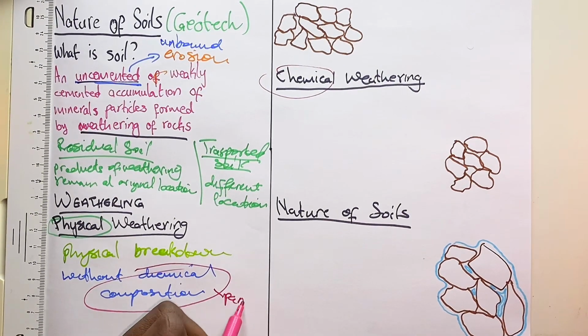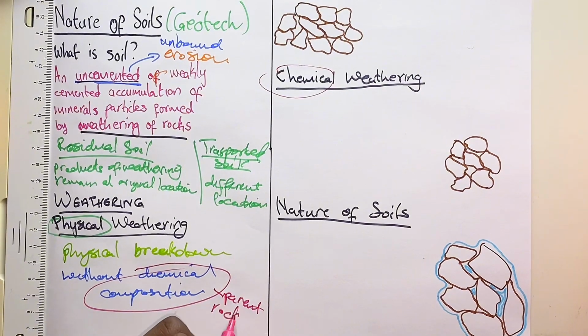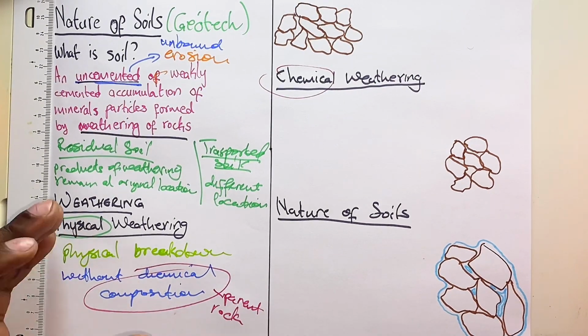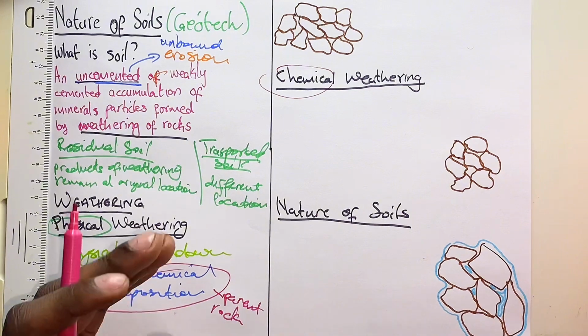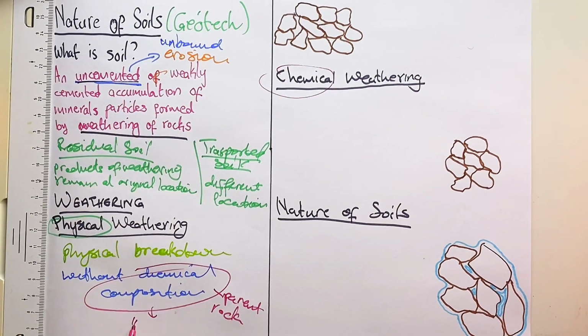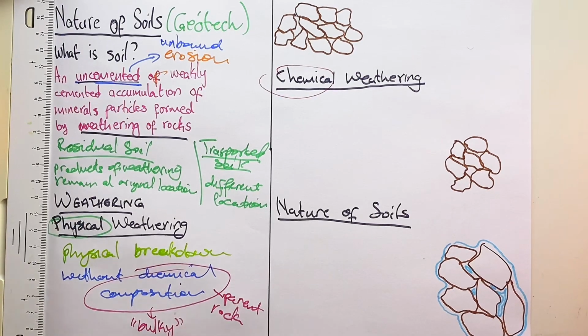And when a soil still contains the same chemical composition as the rock, we say that our soil is bulky. This is where you'll often see in geotech saying we are using the bulk density, or we should calculate the bulk density. Now,